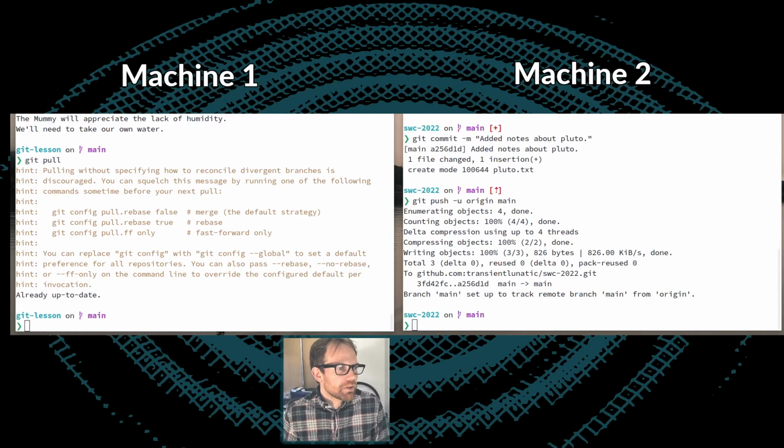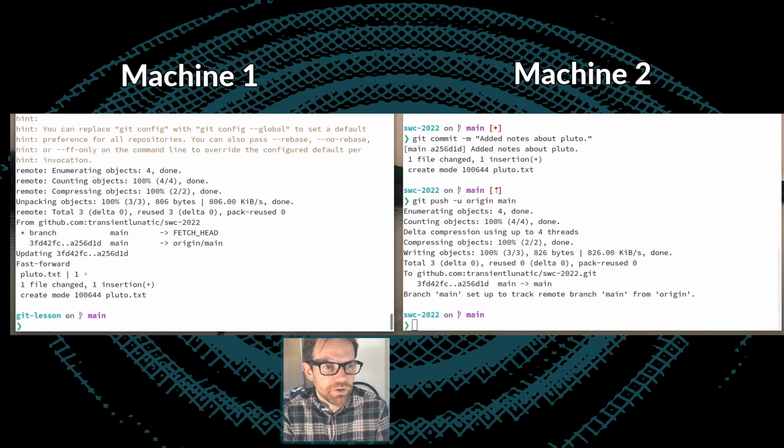Okay, so that has been pushed up to the remote, but our machine 1 now is behind. It no longer has all of the updates which machine 2 has. So that machine 1 can get access to those, we obviously run git pull, or git pull origin main to be complete, but git pull will work as well.